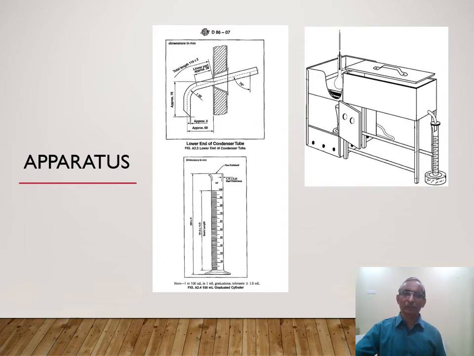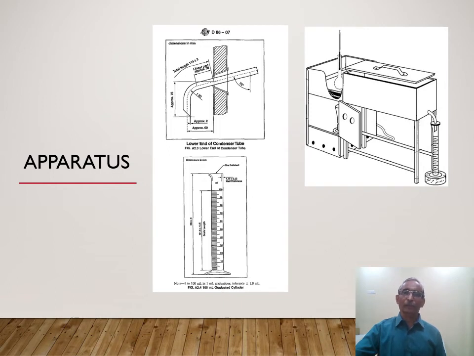37 means the initial boiling point. 140 is the final boiling point. Whenever the first drop comes here, that particular point is what we call the initial boiling point, IBP. That is 37. Whenever you get the last boiling point, that is 140 for the gasoline, we call it the final boiling point. If that boiling range changes, you compare the diluted petrol with this particular standard boiling range.